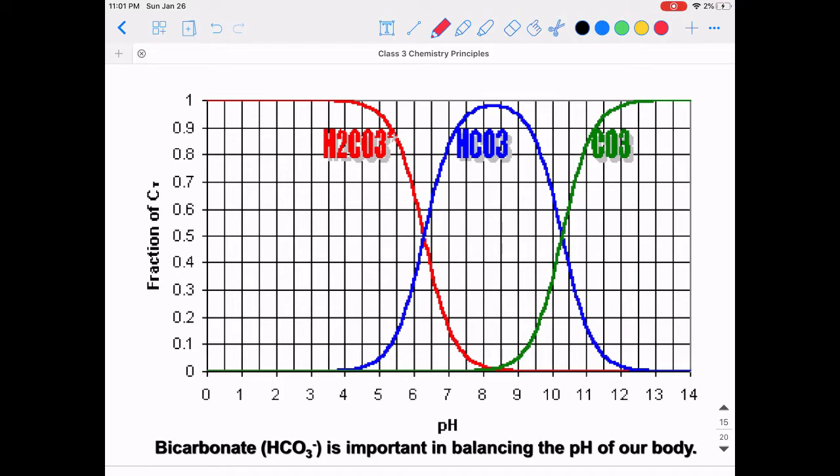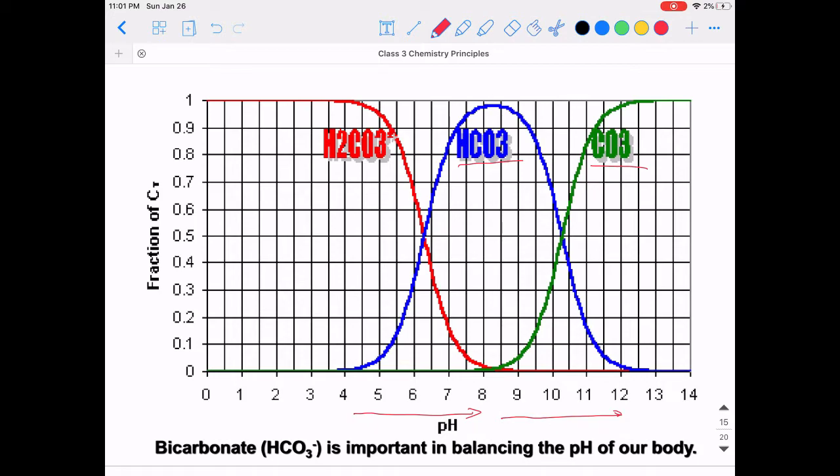You can see that under very acidic conditions, or low pH, the solution is going to be mainly composed of carbonic acid, right? As the pH further increases, we're going to see the formation of the bicarbonate ion, right? And as we further raise the pH, for example by adding OH ions into the solution, the bicarbonate ions are going to react and finally form carbonate